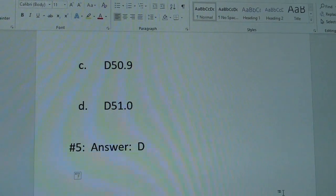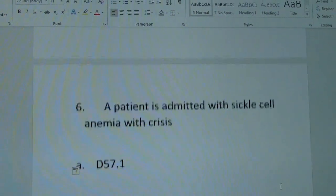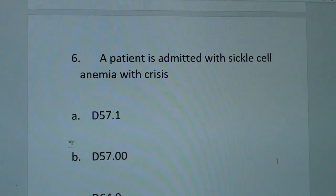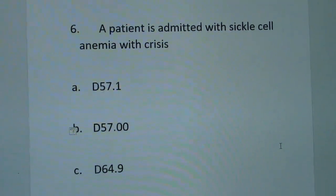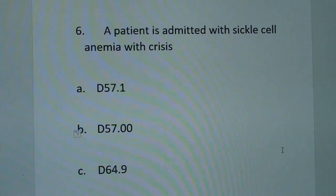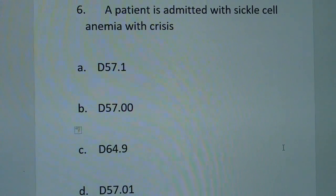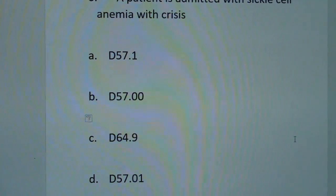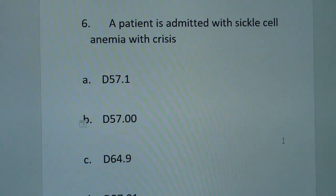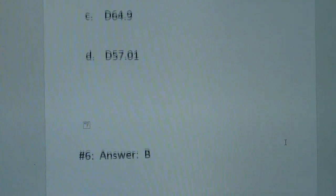Pernicious anemia is D51.0. All right, and the second question I asked you was a patient is admitted with sickle cell anemia with crises. Okay, would that be D57.1, D57.00, D64.9, or D57.01? Patients admitted with sickle cell anemia with crises. Guys, the answer is B,